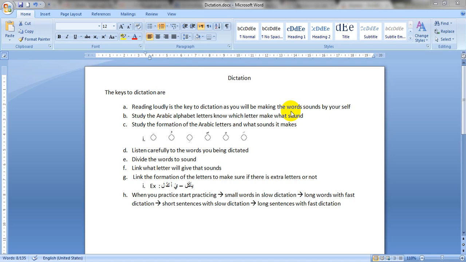Today we will be speaking about dictation. Dictation means that when someone speaks in front of you, you have to write down what they are saying, more like a spelling bee. In Arabic, it's actually very easy. It's not as hard as in English, as Arabic is a written, listened language. So you simply write what you hear. Every letter in Arabic makes a sound, and you simply listen to those sounds and write them down